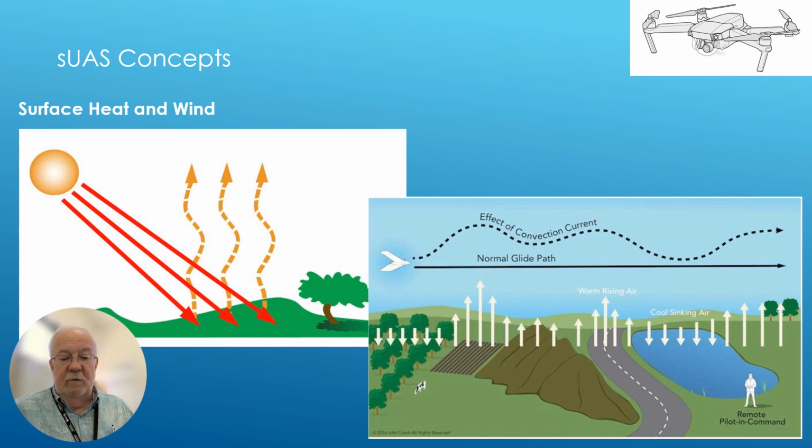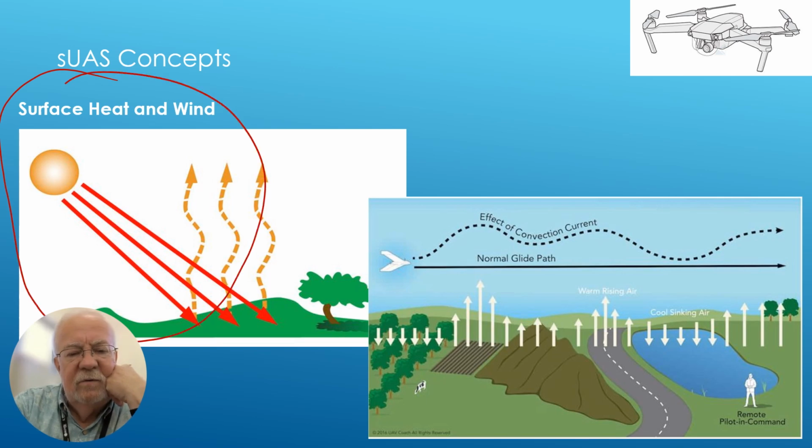Surface heat. Now we saw the global surface heat, right? The North Pole, less surface angles, but that's macro weather. Micro weather here is very local, and we see again this picture here. On this side, surface heat and wind. We see the angle of the sun hits the earth, warms up the ground, which warms up the air above it, and as the air is warmed, it rises. So we have these little areas of turbulence on this picture here.